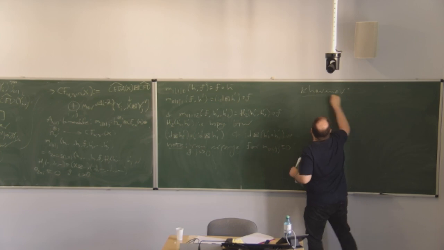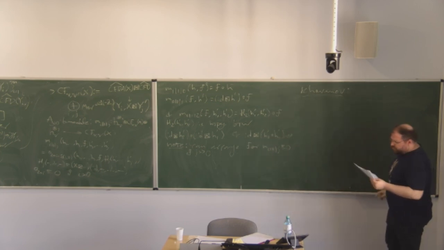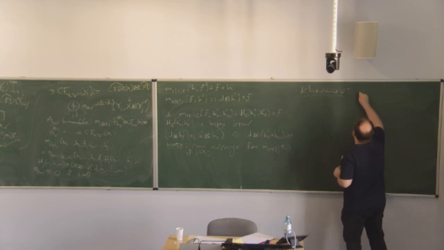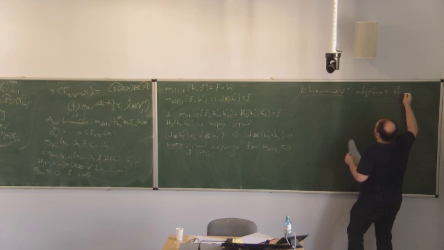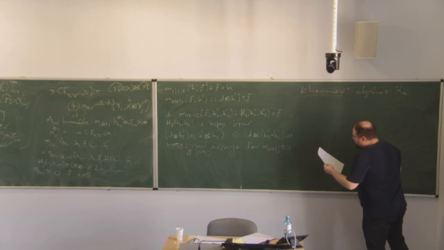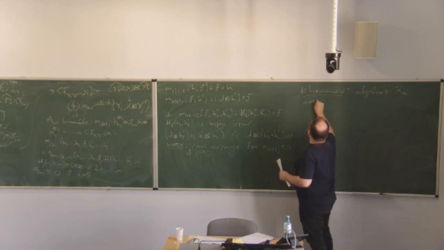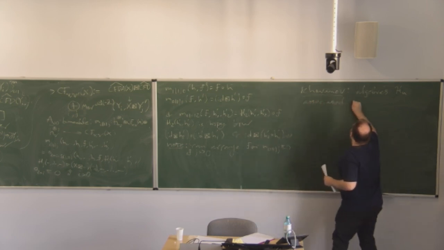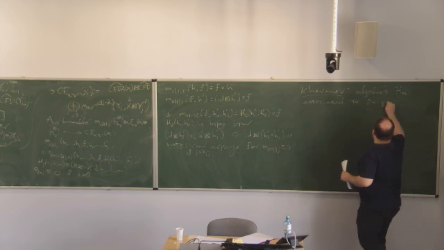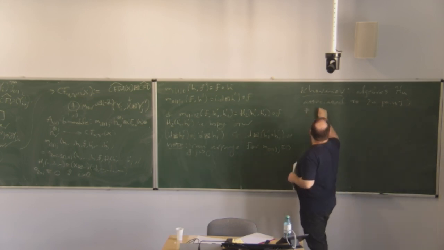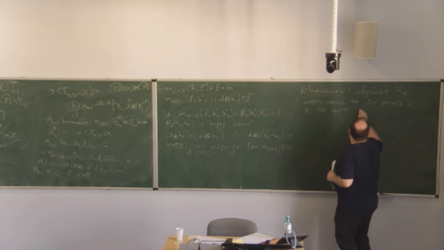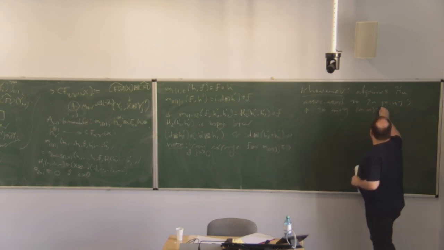In a paper that dates to around 2001, 2002, depending on the version you look at, Khovanov constructed algebras. Oh no, now I have a notational conflict, don't I? Oh well, I have to go with it. I'll call them curly H^n, associated to 2n endpoints on a line, and to any m,n tangle